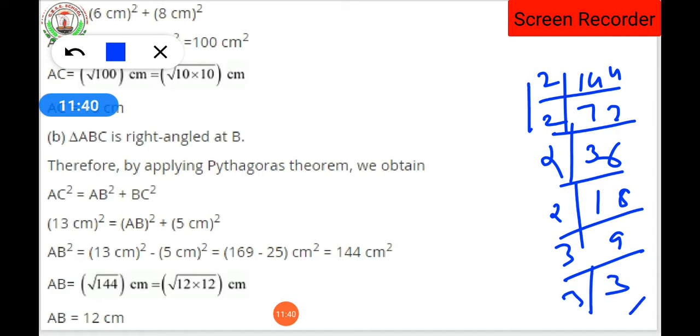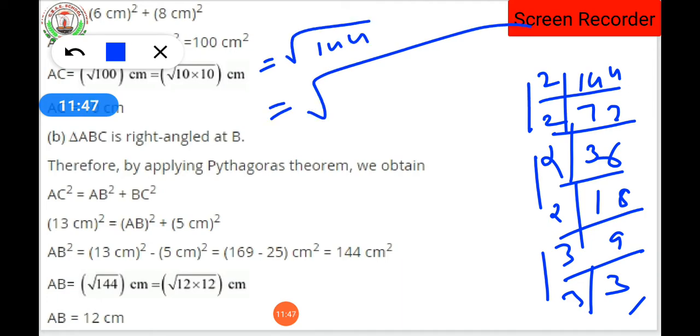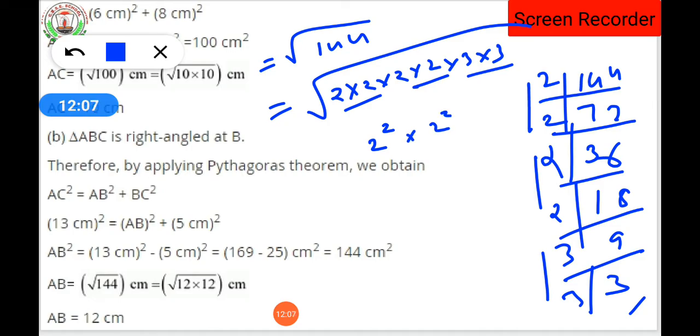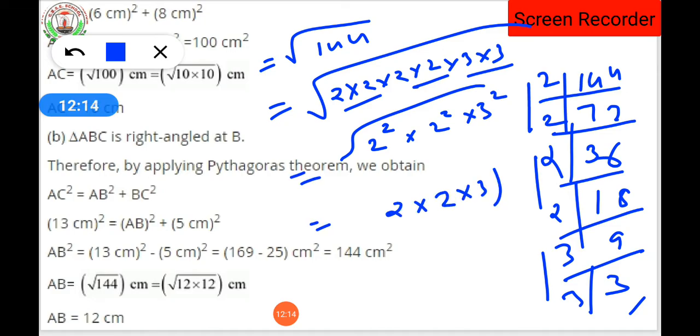So here you can see the pairs of 2 into 2, 3 into 3. So square root of 144 will be, how many 2's are there? Four 2's will be there, isn't it? So what are the factors of 144? That is 2 into 2 into 2 into 2 into 3 into 3. These are the factors. Now making pairs of the factors, 2 whole square into 2 whole square into 3 whole square. Okay, so here we are getting 2 into 2 into 3 whole